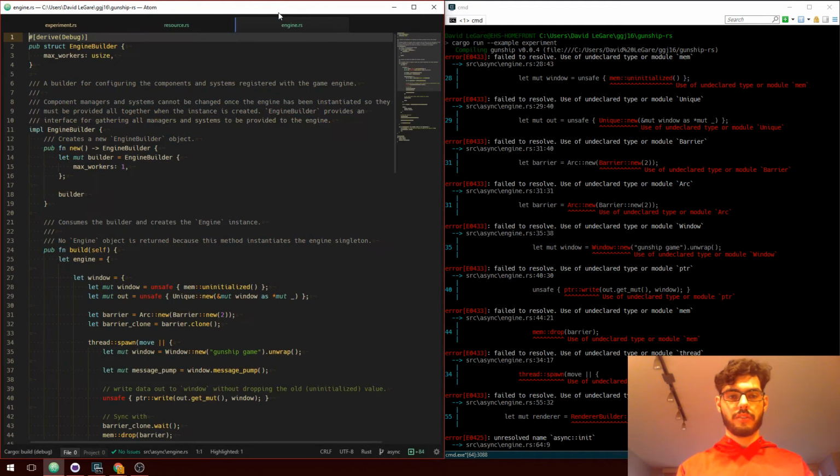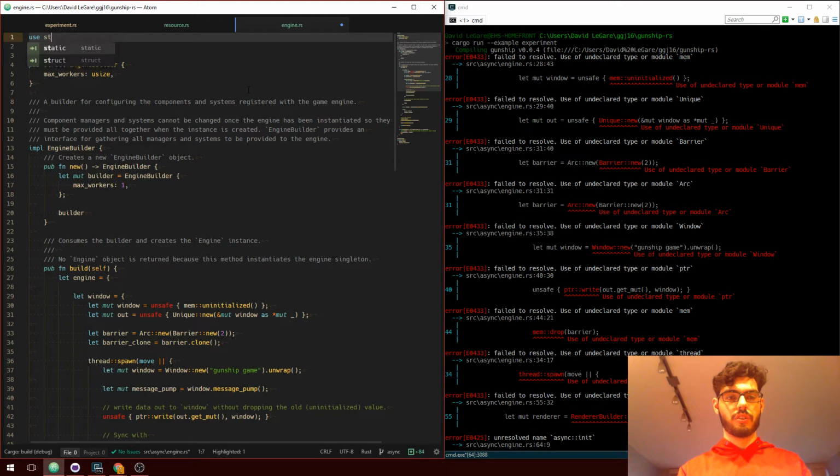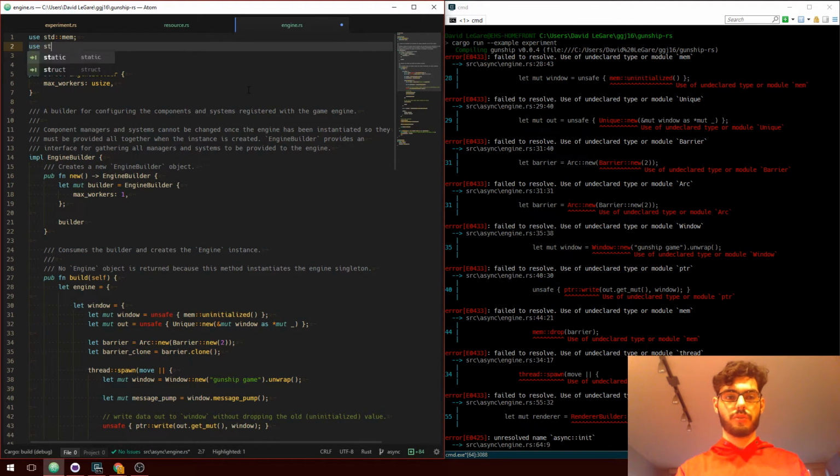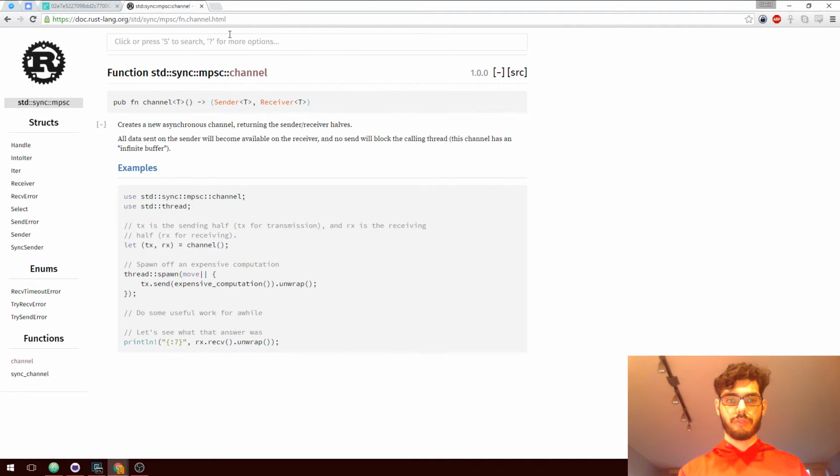Engine, we want async engine. We've got the magic of no mem, use std mem. We need use std. I think unique is in pointer. Unique is also unstable, which makes me very sad because it is pretty useful.